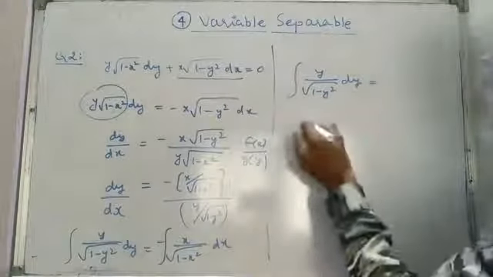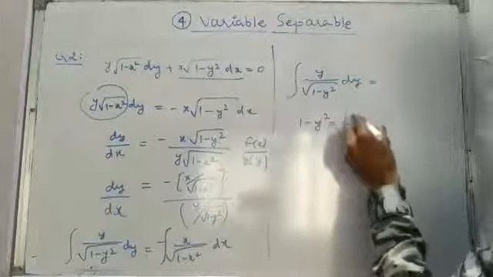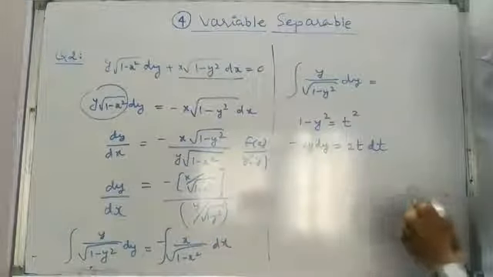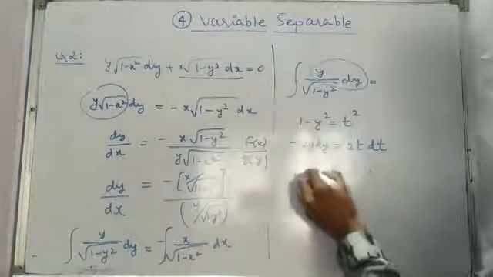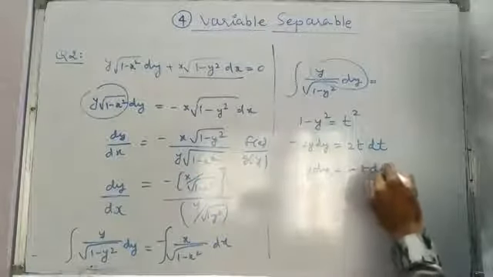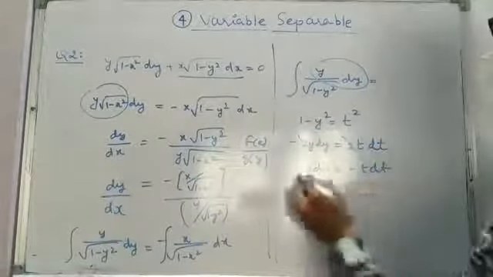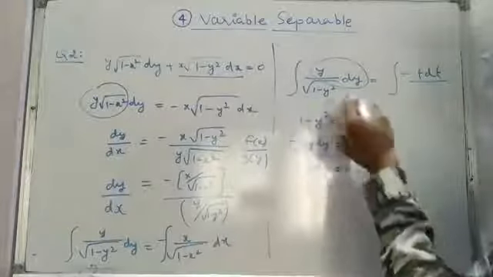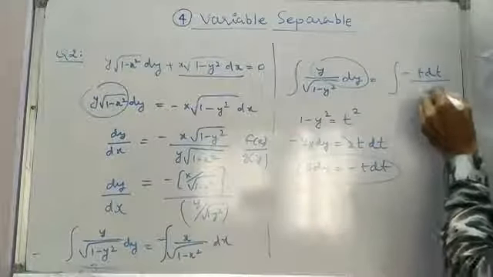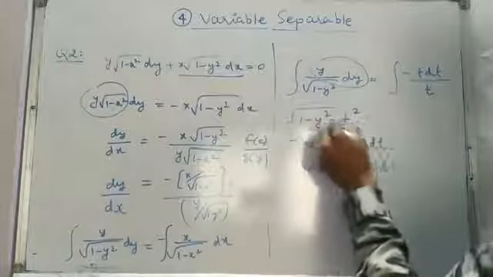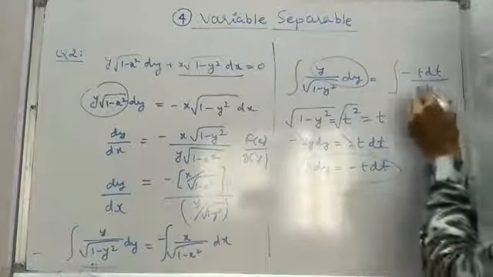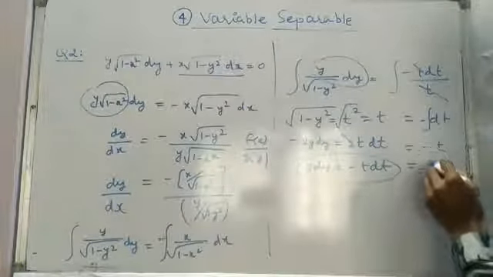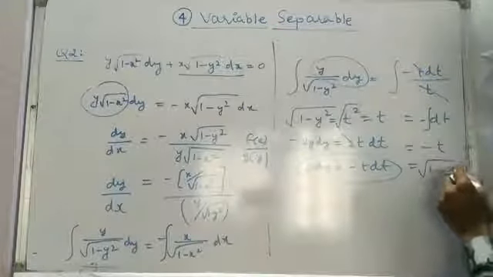So how are we going to do that? Let us put 1 − y² equal to t². So −2y dy equals 2t dt, right? So this y dy we can write as y dy equals −t dt, since 2 and 2 get cancelled, and the minus I have taken to the right hand side. So this y dy we can write as −t dt, and in the denominator the square root of 1 − y² is going to be t, because 1 − y² is equal to t², so the square root of this is going to be t. So t and t get cancelled, and this is minus of dt. So the integration of −dt is −t. What was t? t is √(1 − y²).